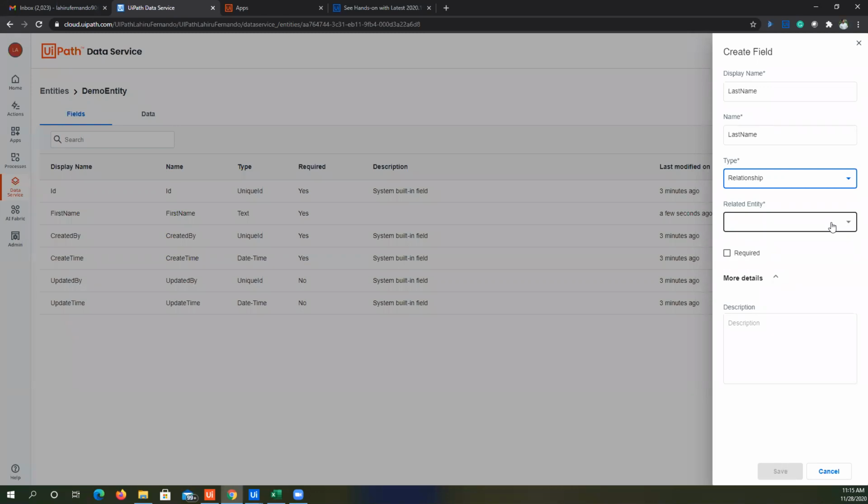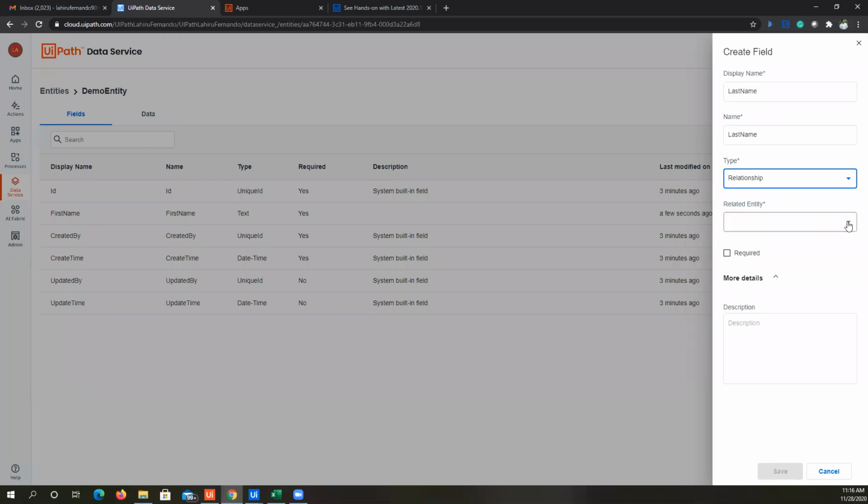For example, if the person has two addresses and you have the address field in the same entity, you need to create two records for that. But if you have the address in a different entity, you can have one record in the person entity, and you can build a relationship